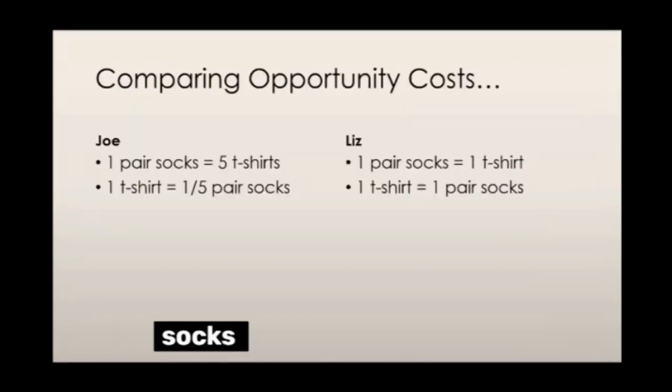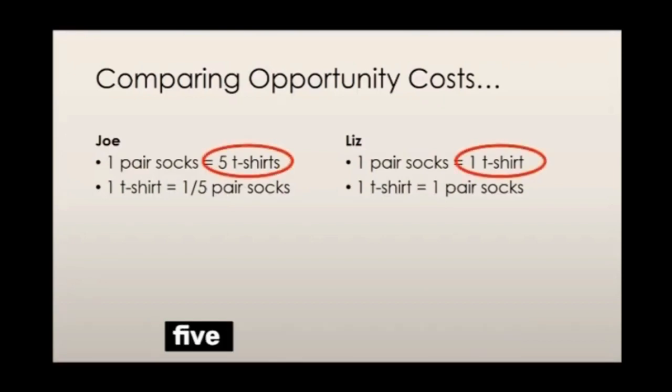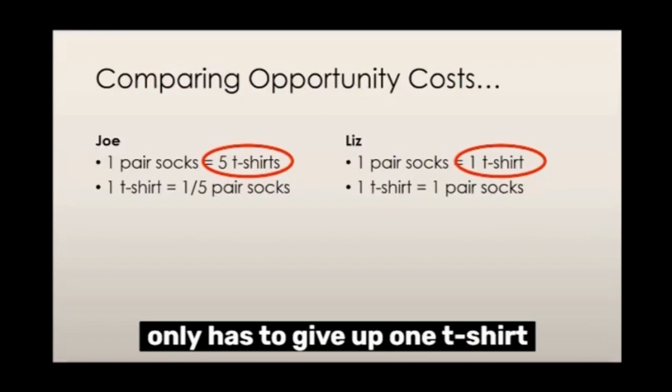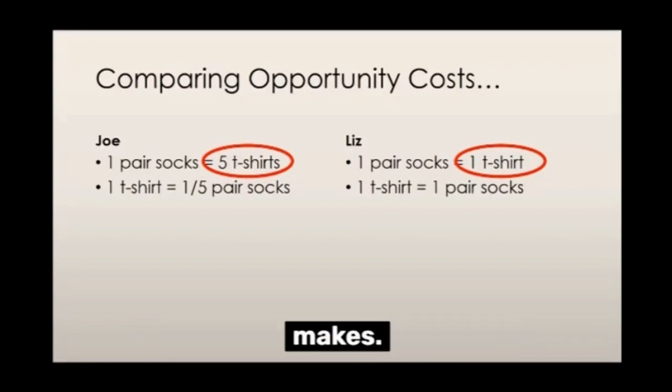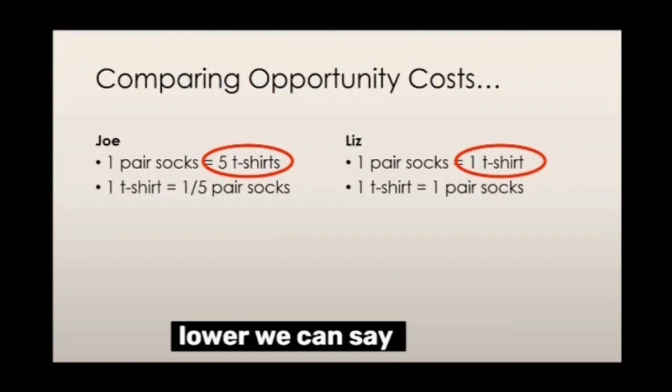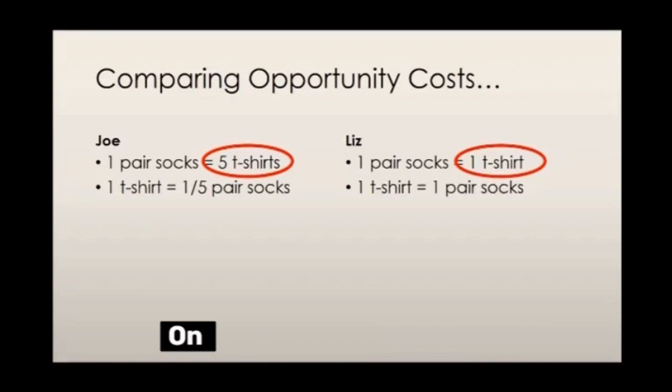So we've established that both Liz and Joe have different opportunity costs of producing socks and t-shirts, and both can produce different amounts in total. If we look at socks alone, Joe has to sacrifice making 5 t-shirts for every pair of socks he makes, while Liz only has to give up 1 t-shirt for every pair of socks she makes. Thus, since her opportunity cost of producing socks is lower, we can say that Liz has the comparative advantage in